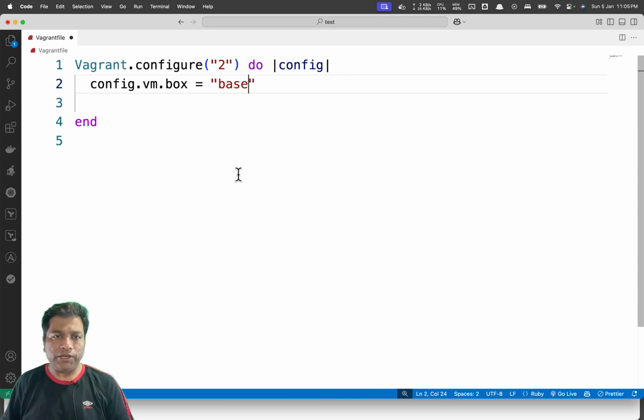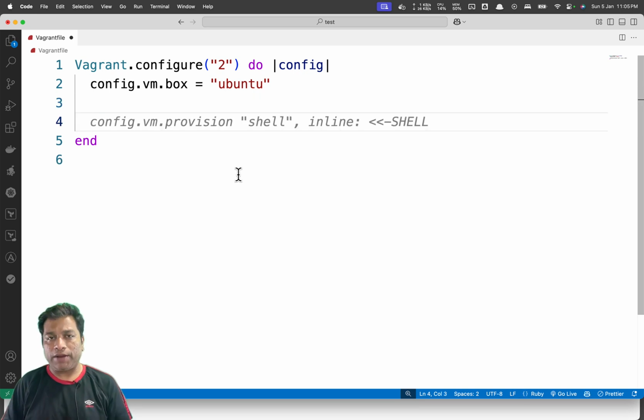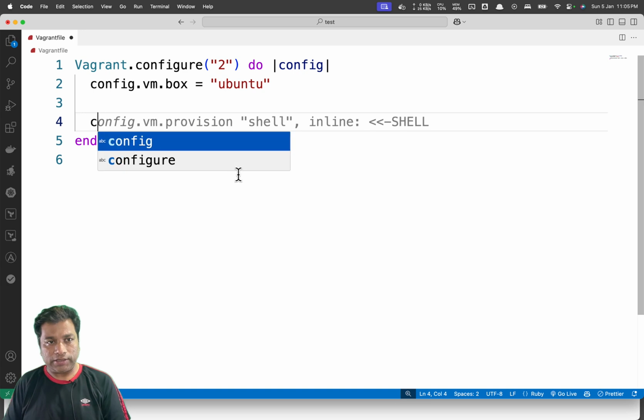Now in this particular line, we have to specify the name of my Vagrant box. I'll be specifying Ubuntu, the one that I created earlier. Because I'm on a Mac, and on a Mac when I'm using VMware, I have to specify a flag that this is not a linked clone of it. So to do this, I'm going to say